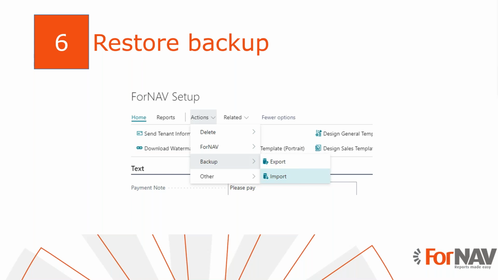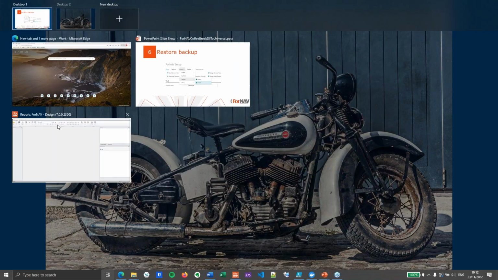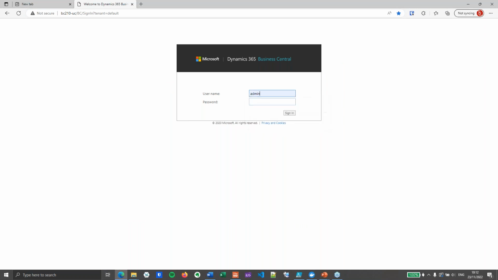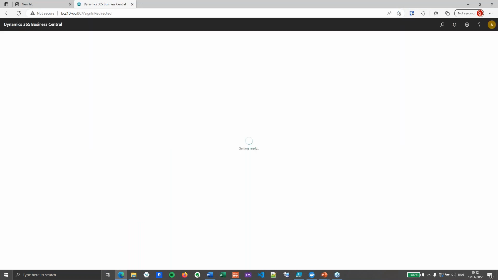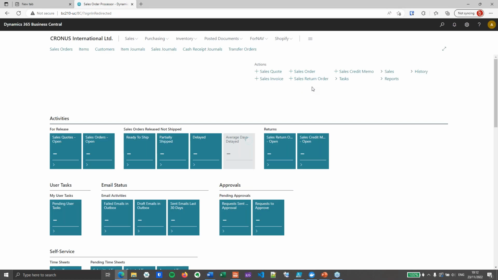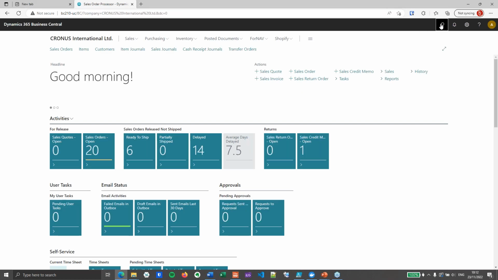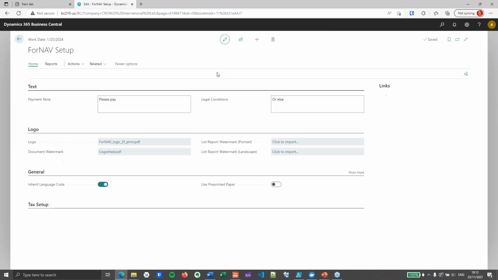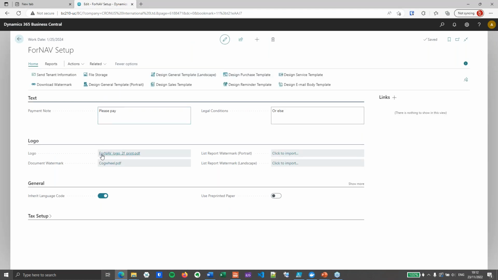Then the fifth thing we need to do is restore our backup, which is a pretty simple step. Let's log into Business Central, and we will find our ForNAV setup. You will notice in the ForNAV setup that some of these settings have remained in place. I've still got my logo, my watermark, my payment note, and everything else. But some of these settings will not remain in place. So I'm going to import my backup,